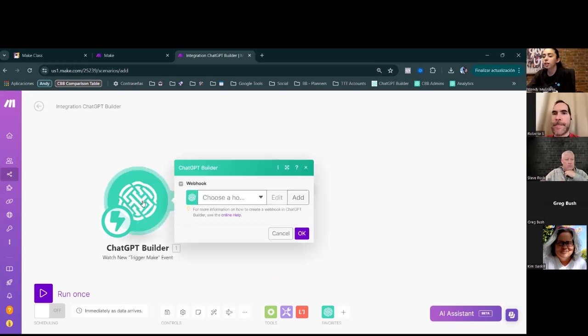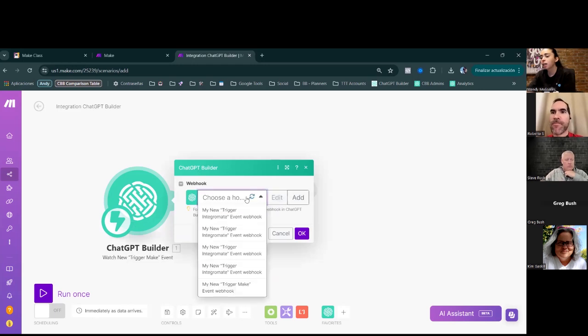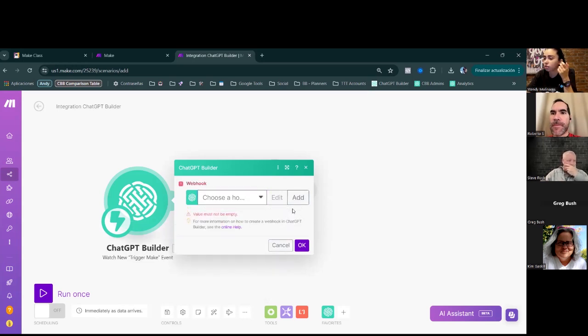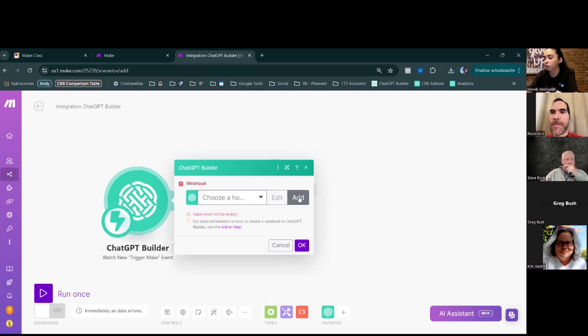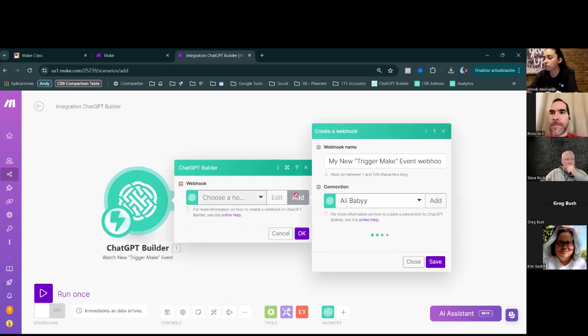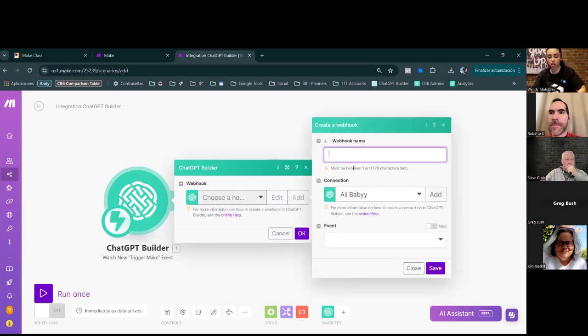So now, if I click here on the app, I will see that I have some selections. It will allow me to select whatever I already have here, or maybe I can add a new one. As you can see, this is a mess. This is messy because I don't know which bot is which. So what I will do is click on add. I will change the name